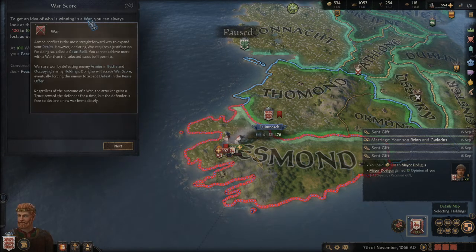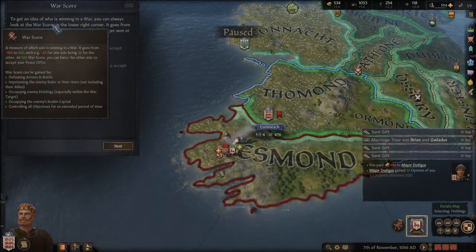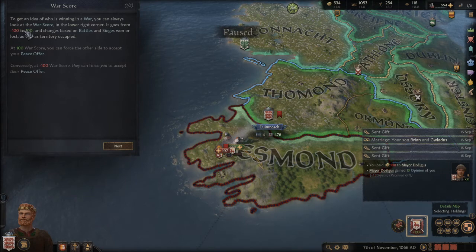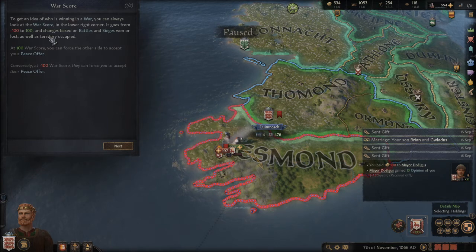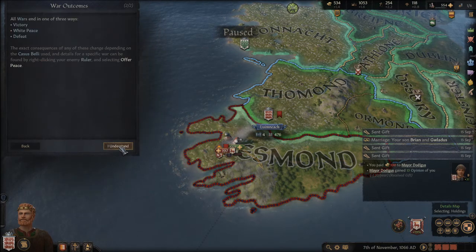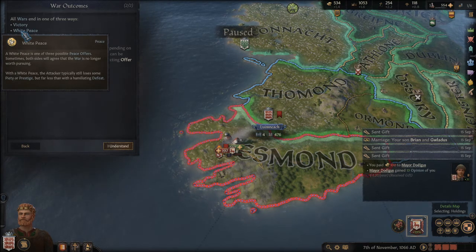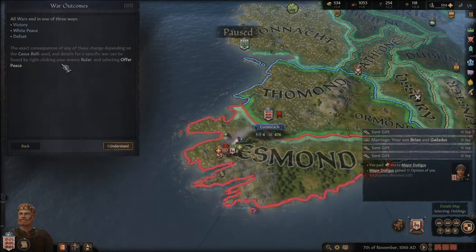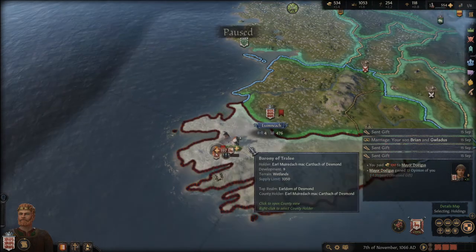To get an idea of who's winning the war, you can always look at the war score at the lower right corner. It goes from -100 to 100, and it changes based on the battles and sieges won or lost, as well as territory occupied. At 100 war score, you can force the other side to accept your peace offer. Okay? All wars end one of 3 ways: victory, white peace, or defeat. Interesting. Alright, so now